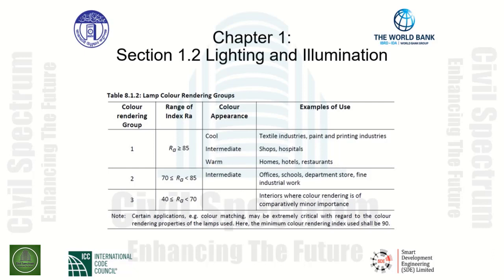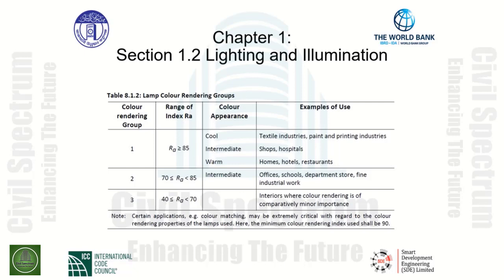With a higher rendering index, colors will appear much clearer and more vibrant. The next two columns provide the color appearance where lamps of the various color rendering index should be utilized. Halogen and incandescent bulbs have an index of around 100, while LEDs are around 80,